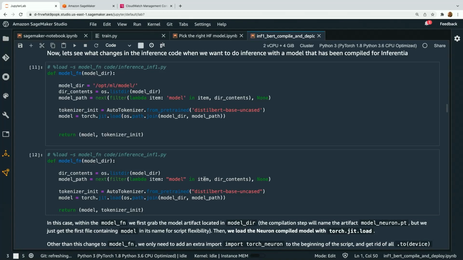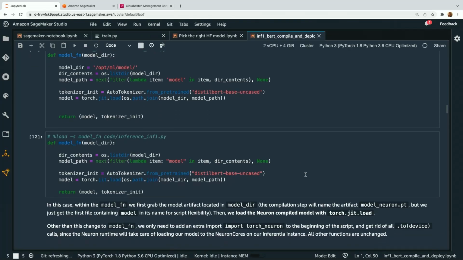You have an input function, which is accepting the inferencing request. The input function is looking at the data that's hitting your endpoint and is doing any pre-processing that you need to right there. So inputs, model function, predict. The predict function takes the outputs of both of those two, your parsed data and your model, and just runs your data through the model, so predict, and then output, which sends it directly back to the client. Again, those functions are optional, but if you need to define more specifically how that operates, then you can bring them yourself. And so in this case, we're obviously bringing them for Inferentia.